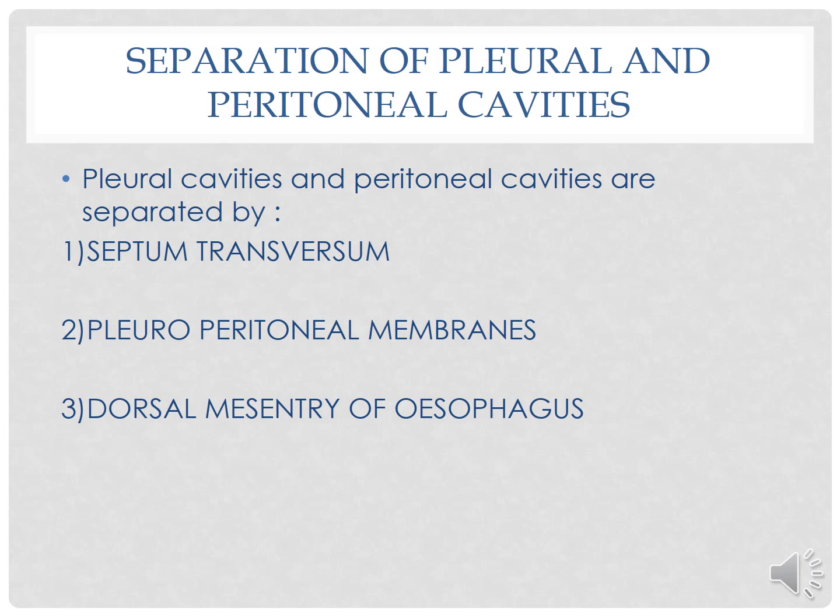We already know what the peritoneal cavities are. They are the caudal extension of the pericardio-peritoneal canals, whose cranial part is occupied by the developing lungs and will form the pleural cavity. Now, both these cavities are separated by, number 1, the septum transversum. The second structure separating them is the pleuroperitoneal membranes, and posteriorly, the dorsal mesentery of the esophagus. They cause the separation of the pleural cavity from the peritoneal cavities.